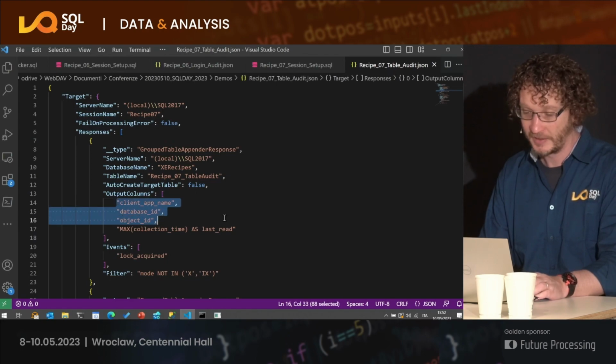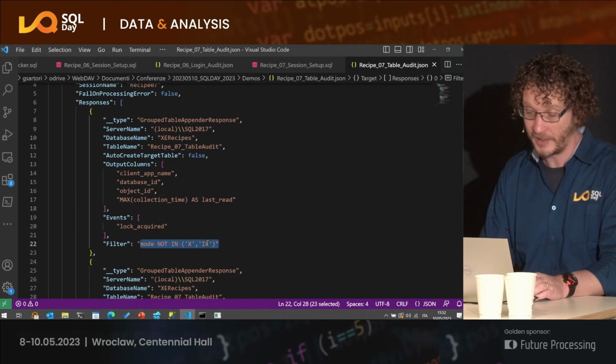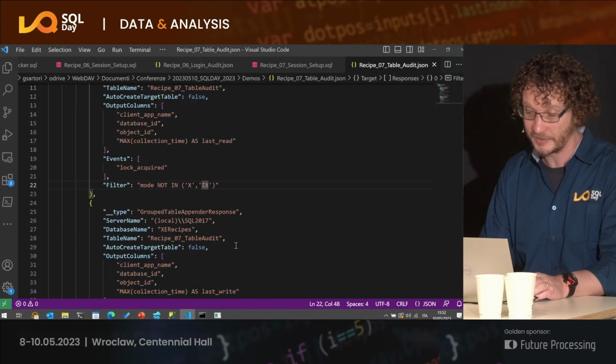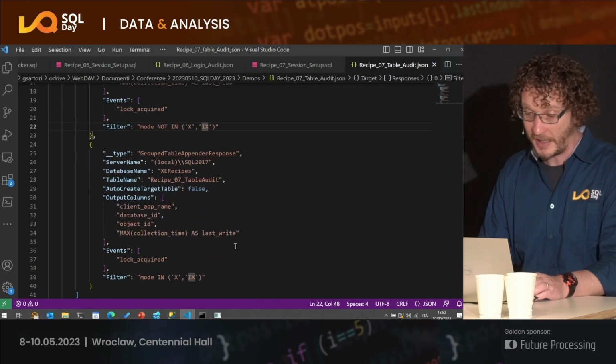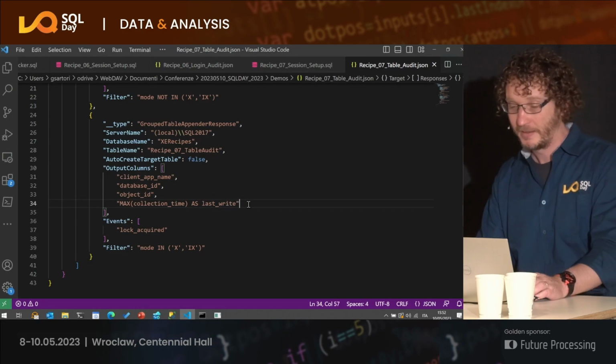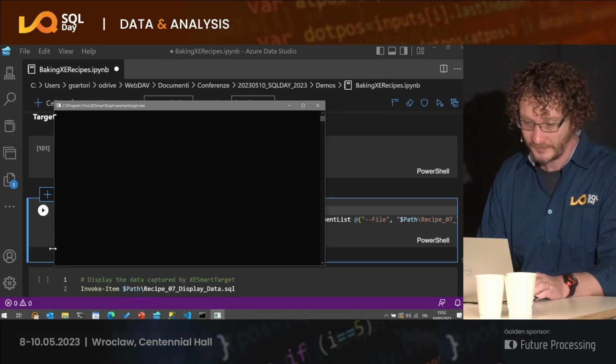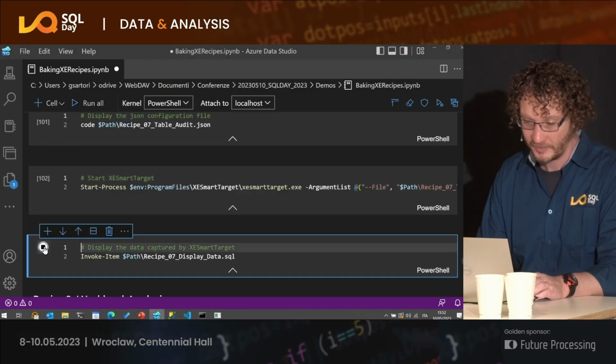by these columns, and we can here have the last read for not mode, not X or IX, so exclusive and intent exclusive, and for exclusive and intent exclusive we have the write. So if we start it, we can see